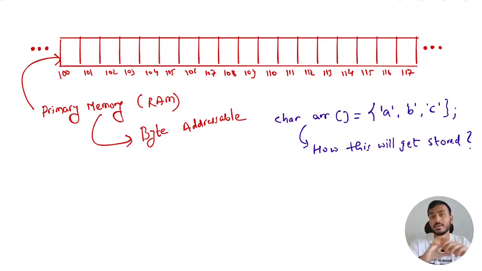Hey there, in this video let's understand how one-dimensional arrays get memory in our primary memory. So let's quickly get started. Always remember, our computer has two types of memories. First one is primary memory and the second one is secondary memory. In primary memory we have things like random access memory, and in secondary memory we have something called a hard